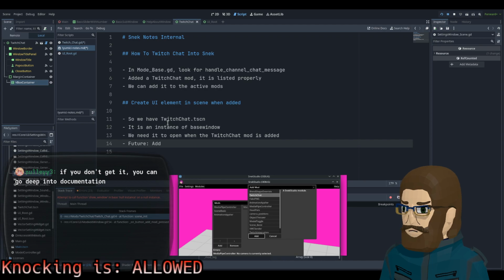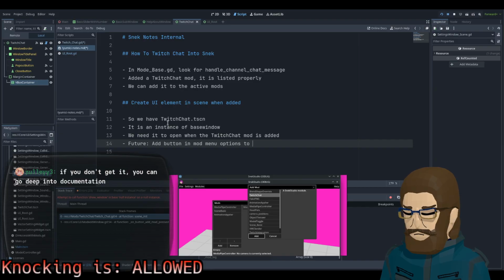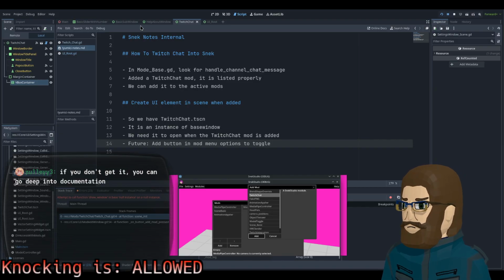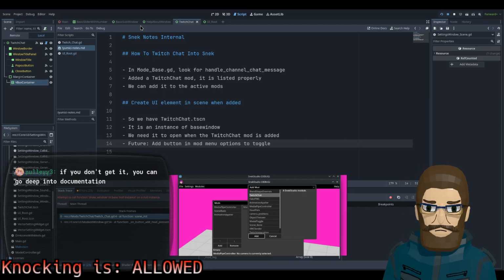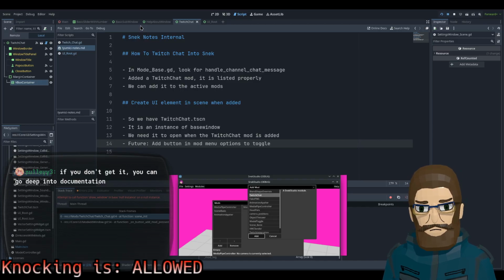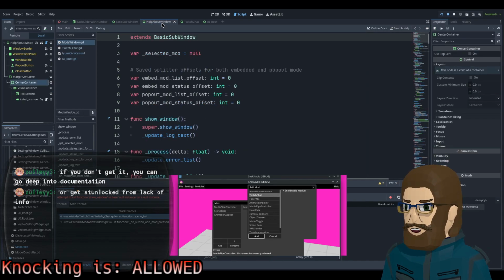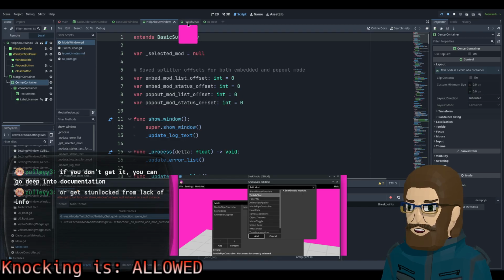But like it comes and goes, so maybe it's not. I think it's maybe just a mood thing. Okay. If you don't get it, you can go deep in the documentation. Or get stun locked from lack of info. Yeah. I think that's what I was having this week. I was just like, how do I do anything?